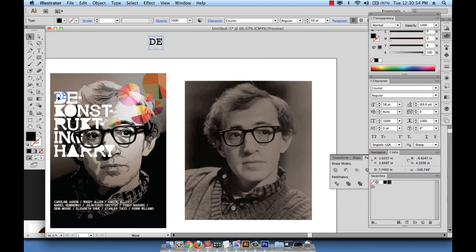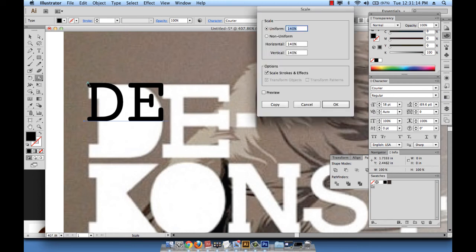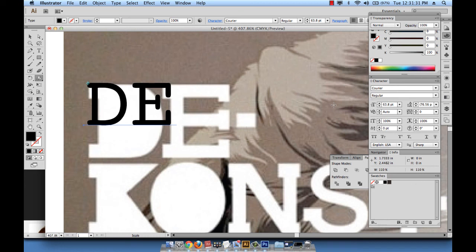Okay, I will put this DE here at the top, and now what I can do is just zoom in and take the scale tool and then hover over this top left corner, hold down the Alt key and click. And then the scale window appears. And I will start increasing the size of these two letters, let's say by 10%. So I will enter 110 within uniform and then say OK, and then click Command D several times until the